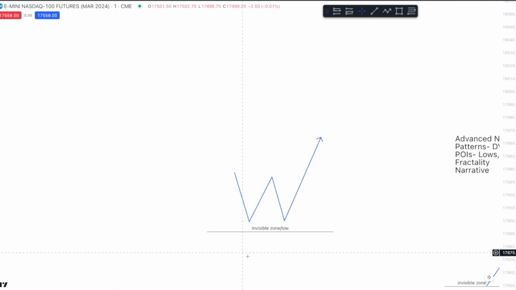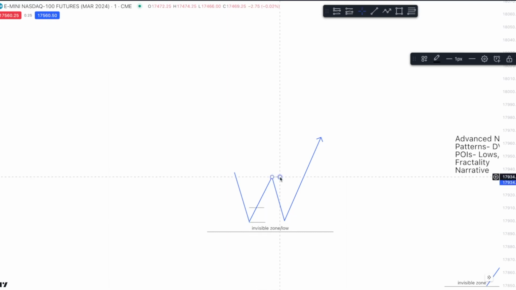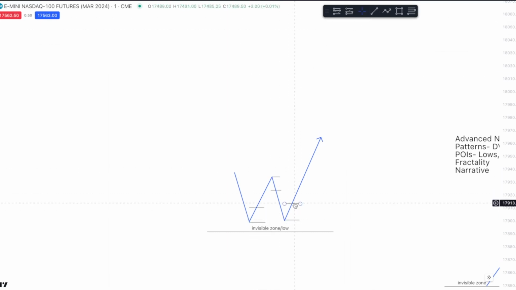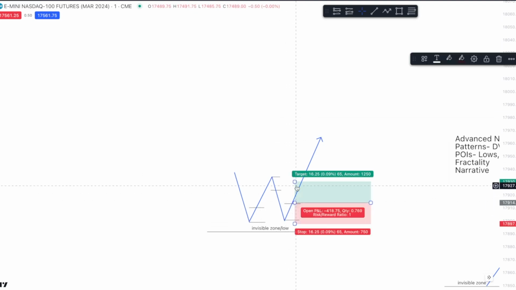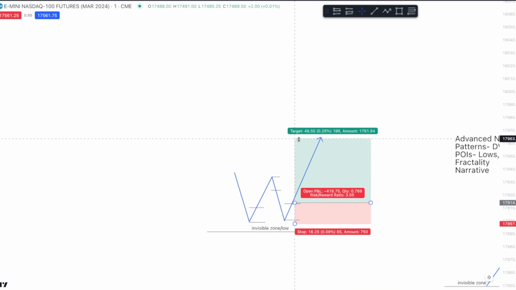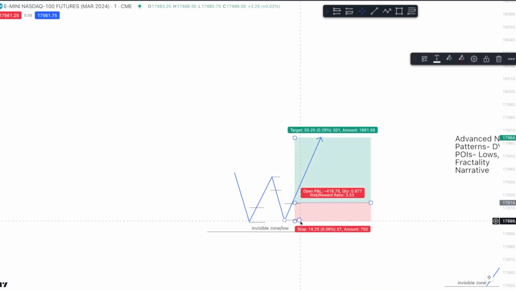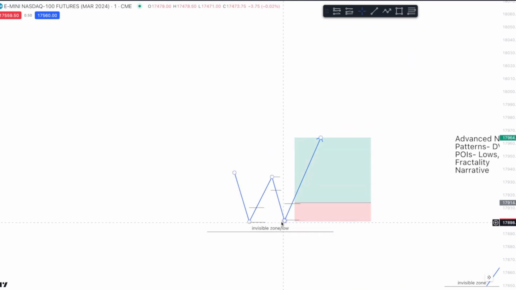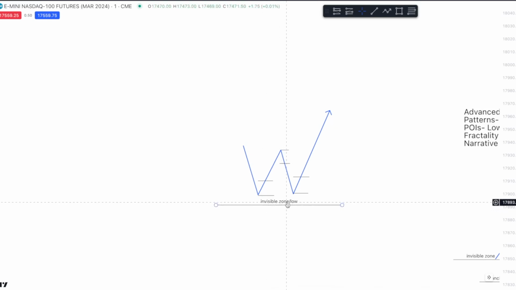Here we have our standard double valid pullback. Price comes down and it puts in a low point here. We come up and put a high point in. We put in a low point and we close above the candle that caused the lowest point of this leg. And as you know, we take our entry when we get that confirmation with our stop manually below the higher of these two. But first and foremost, you have to know the context of where you're seeing the double valid